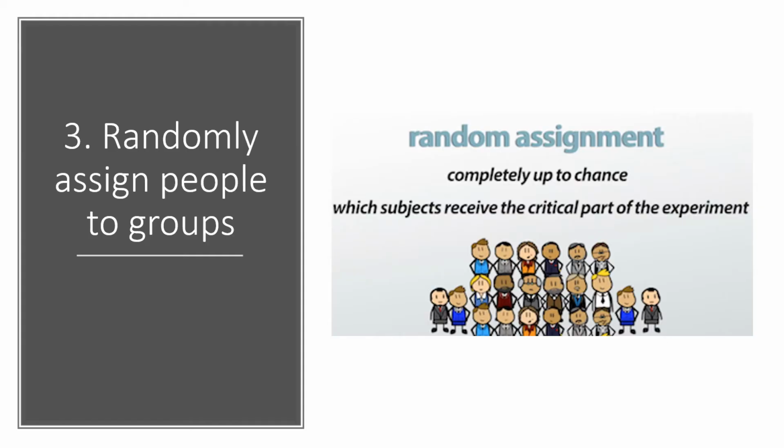The third strategy is randomly assigning people to groups. There is value in selecting people at random to participate in a descriptive research study. Such random selection enhances the probability that any results obtained for the sample also apply to the population from which the sample has been drawn. In experimental studies, researchers use random selection for a different purpose: to assign participants within their sample to various groups.